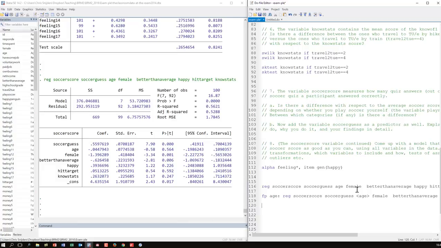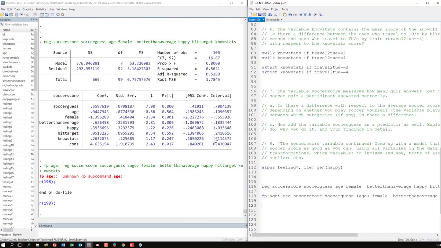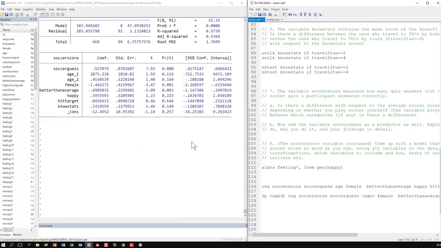I'm just giving it one more try here. Oh, I forgot how that worked again. Is it like this? I always mix up these. Yeah, there you have it.